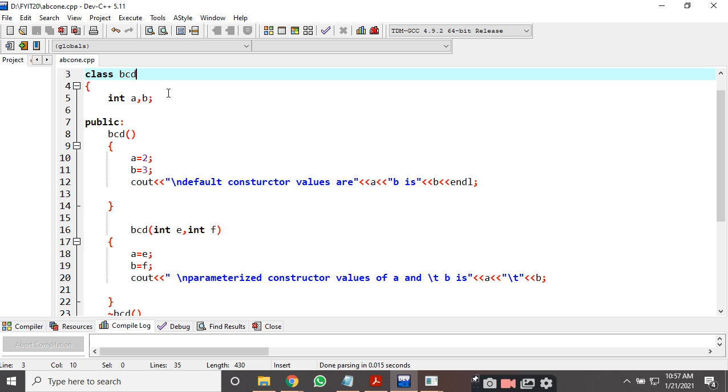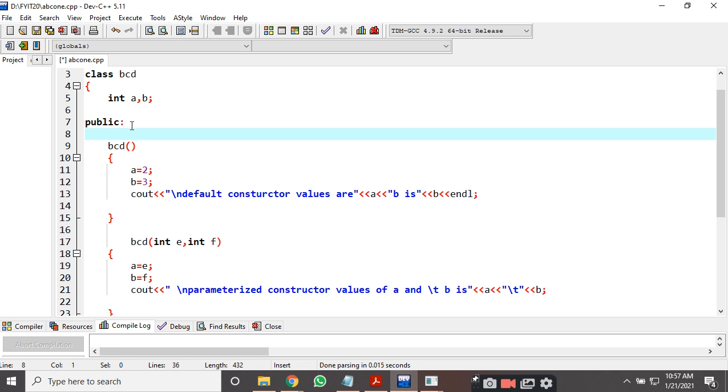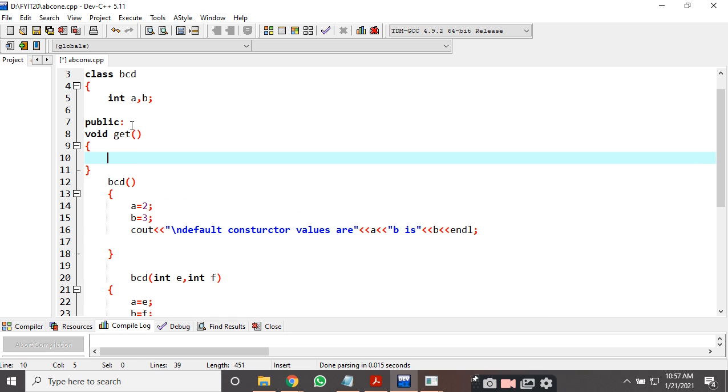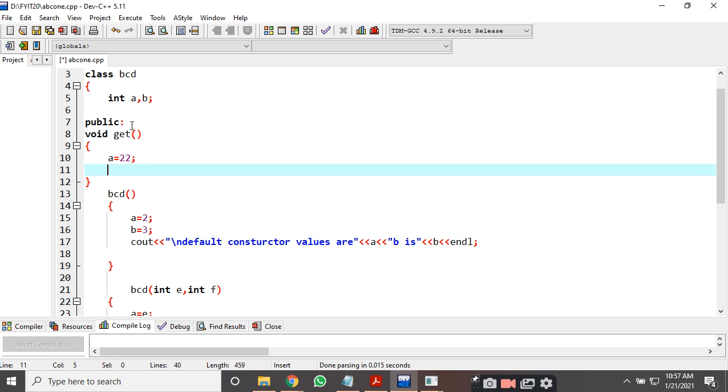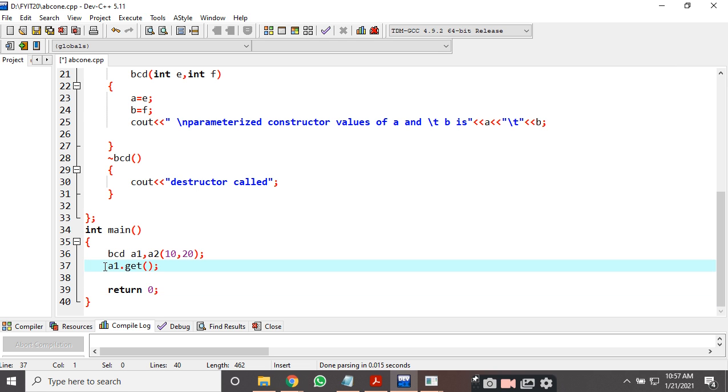If it is not a constructor, if it is a normal function, what happens? When we create a normal function, we have to define the return type, the name of the function, and the parameters that we want to initialize. So using this get method also we can initialize the variables, but we have to call this function. We will have to call a1.get, then only the function will be called.